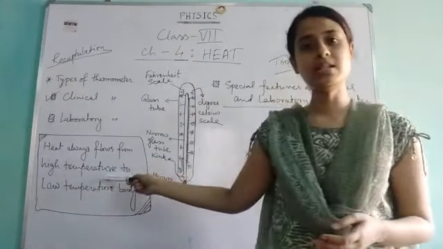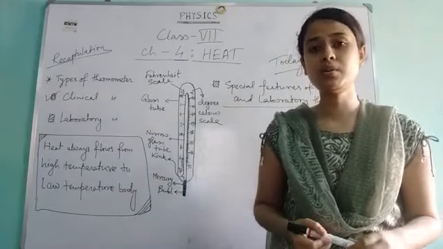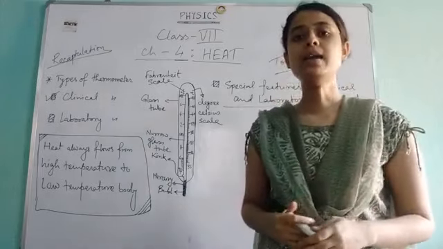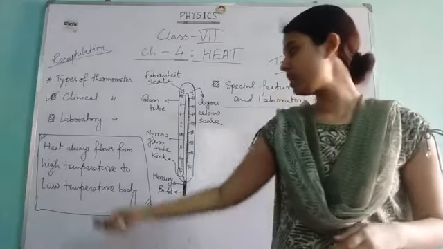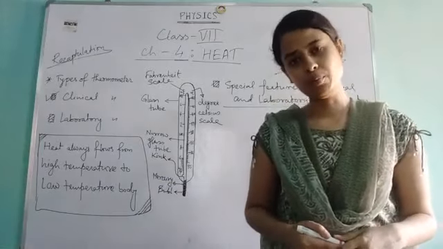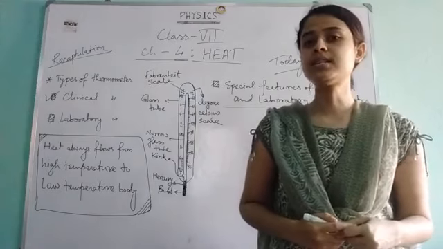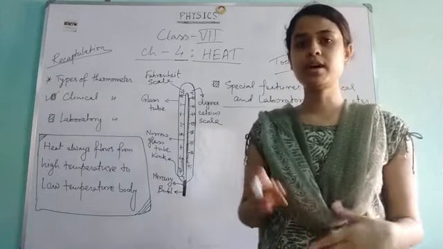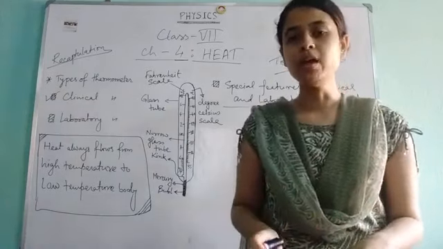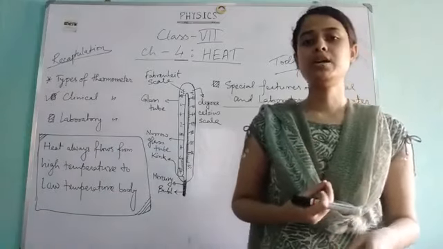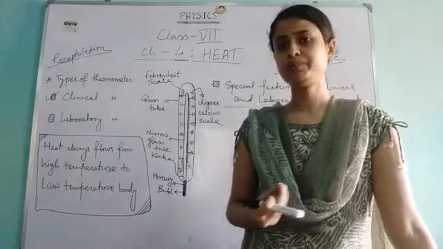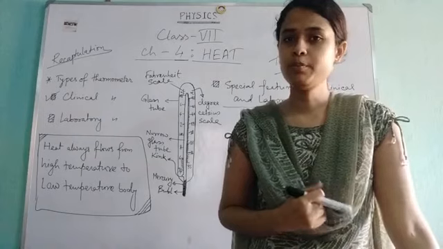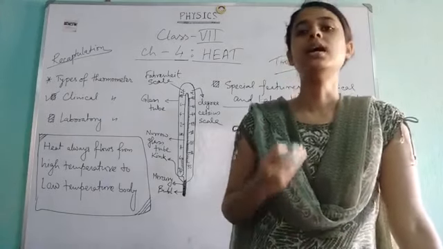What is this temperature? Yes, this is a physical quantity which determines which body is more hot compared to the other, and the device which helps us to measure this physical quantity is the thermometer. So in our last class we were discussing that there were two types of thermometers. One is the clinical thermometer, which is used by the doctor or which is also present at our home, which determines the temperature of the human body. And there is one more type of thermometer, that is the laboratory thermometer, which is generally used in the laboratory,